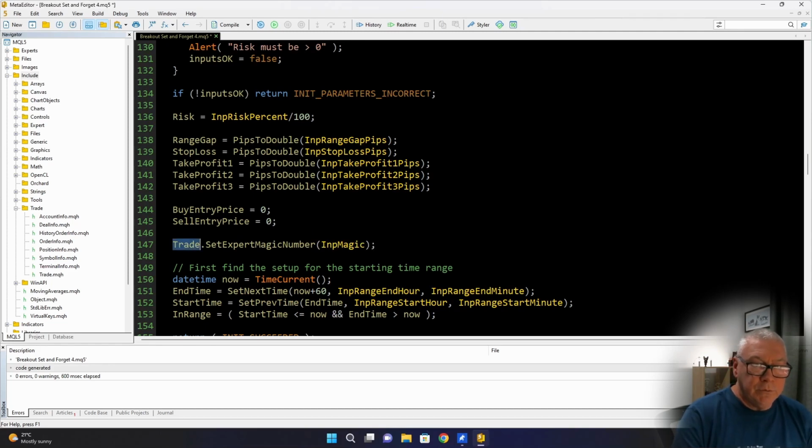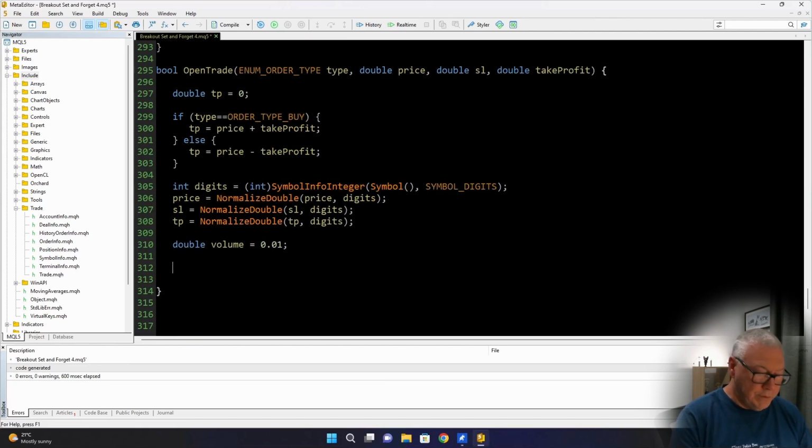So that trade object remembers values, and I need to set the magic number that I'm going to be using for the trades placed, and we do have an input for the magic number. So I call this function setExpertMagicNumber, which tells the trade object to remember that number as the magic number for trades. So now I can place a trade very simply,